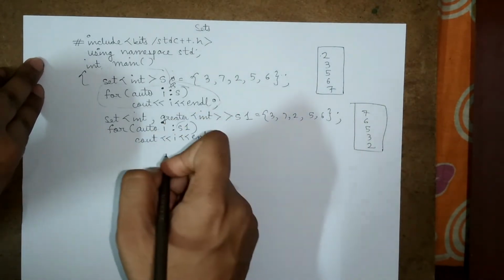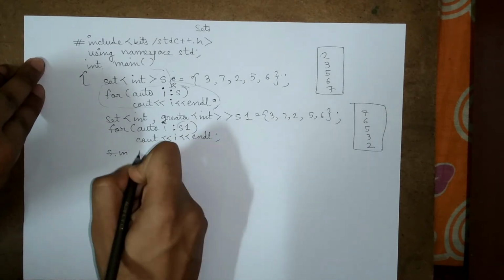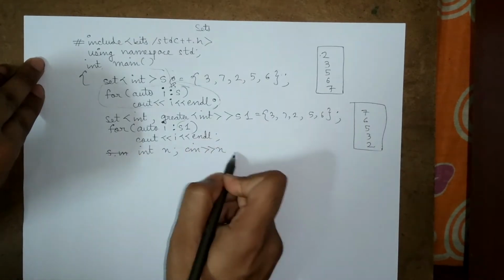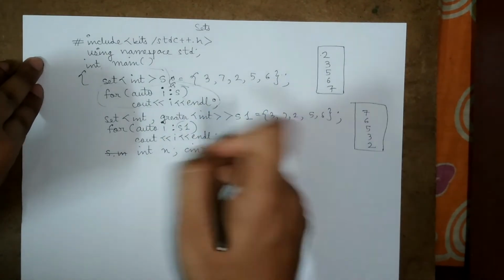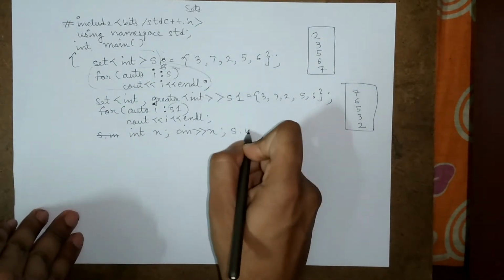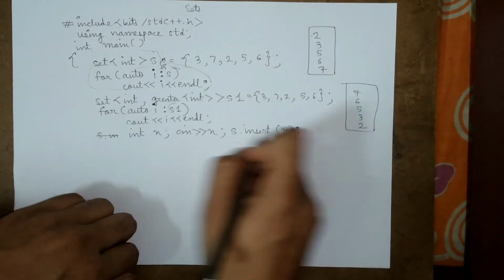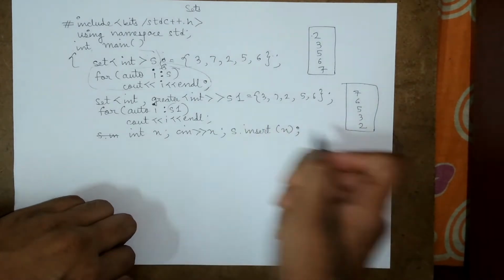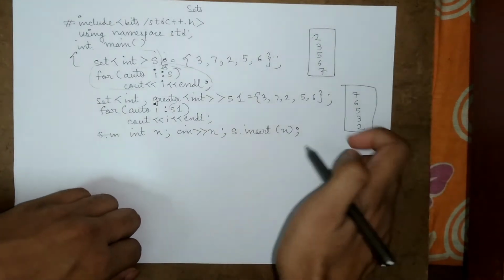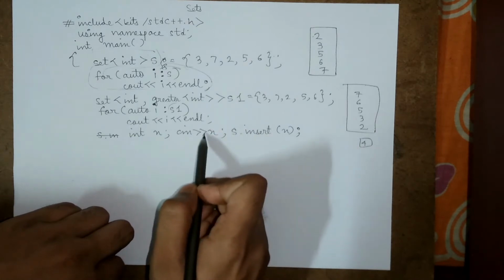Now if you want to put an element inside a set, what we can do is simply something like s.insert. First, let's say we will take an input: int x, then cin >> x. So this is an element which we want to insert into our set. Okay, so now if I put x inside, I will do s.insert(x). So let's say I have given an input of 4 inside x. Okay, and now if I print this set s, because this was the set s where I inserted this x element,